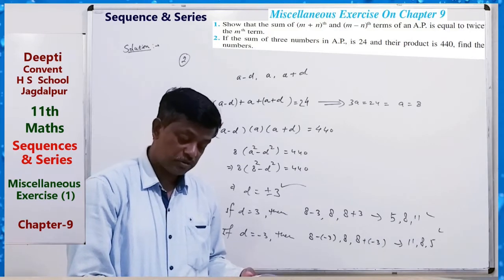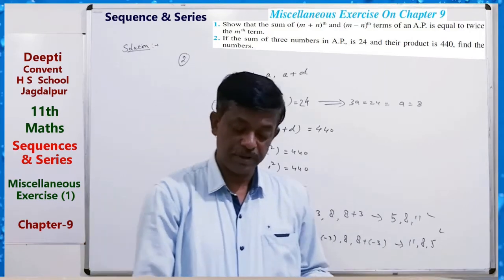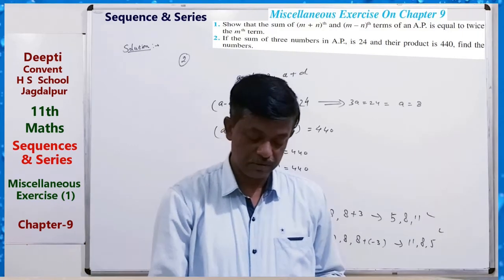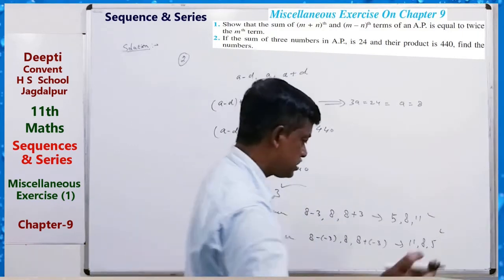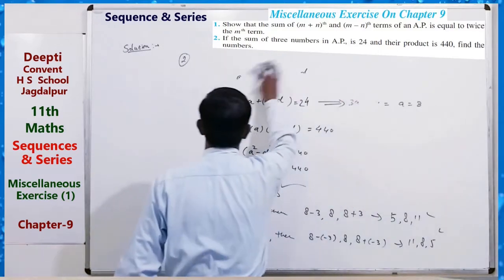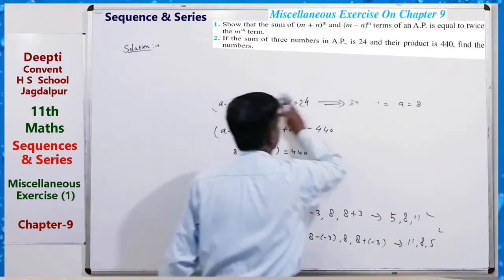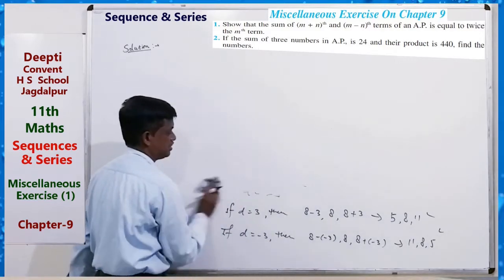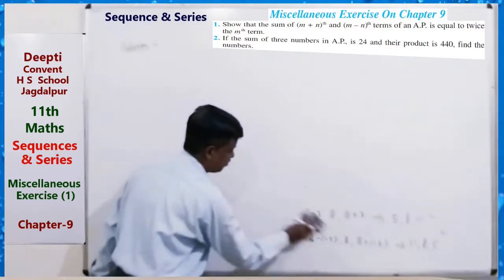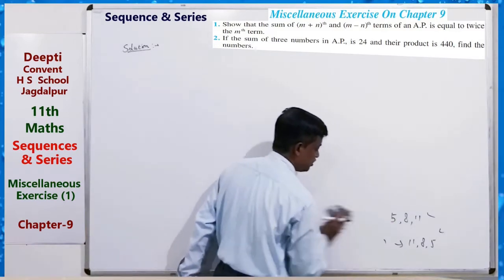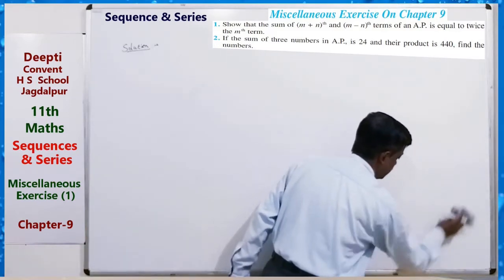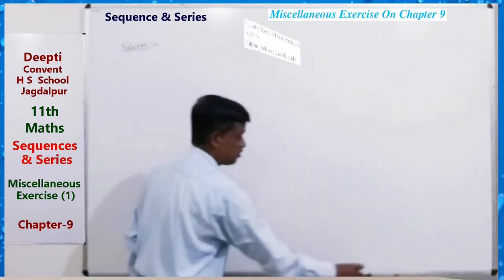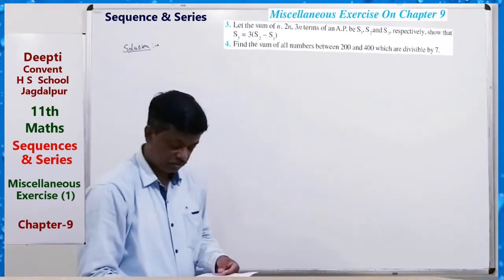Sum of n terms, 2n terms, 3n terms of an AP be S1, S2, S3. Then show that S3 equals 3 times S2 minus S1. So this type of question is important, just like 3. Okay. So you can solve all the questions of this exercise by taking ideas from previous lectures of different exercises. So here 1 and 2 are completed, and now question 3.